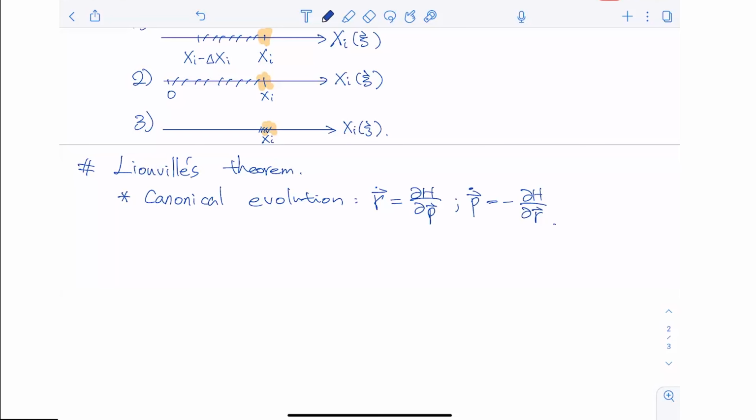Okay. And we did not really prove Liouville's theorem, but we said that the conclusion of Liouville's theorem is